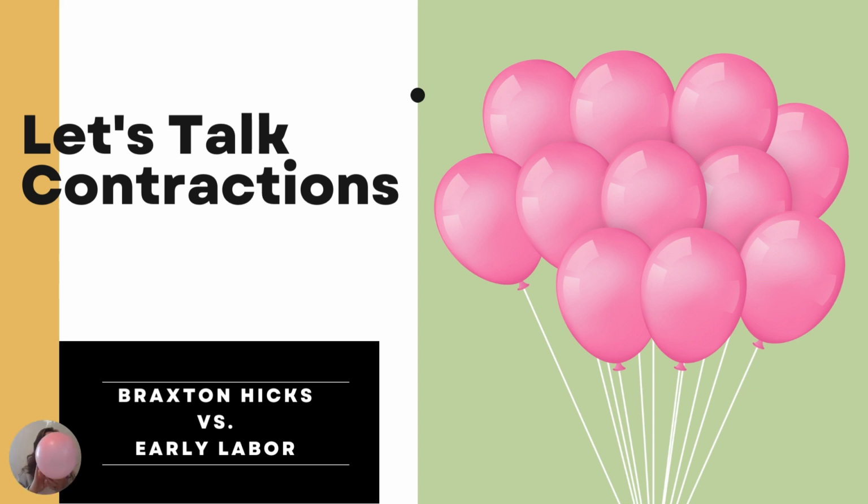All right. So here you have your pregnant uterus. Remember, our uterus grows to the size of a watermelon, so we're not true to size here. But this will do for this demonstration. So here at the bottom, this is the representation of our cervix. As you can see, it's still nice and thick and not effaced yet at all, and we're not really dilated